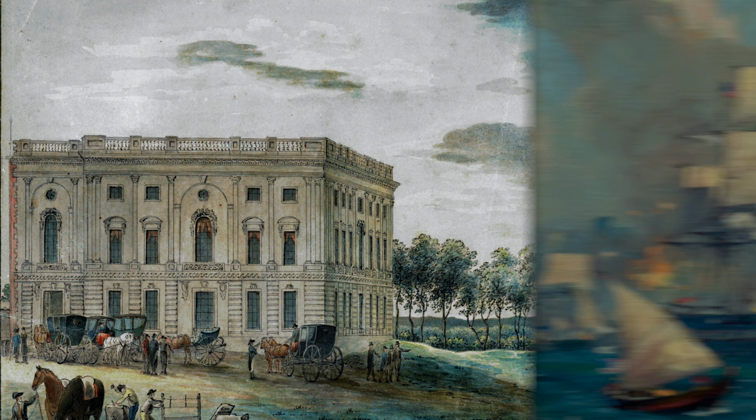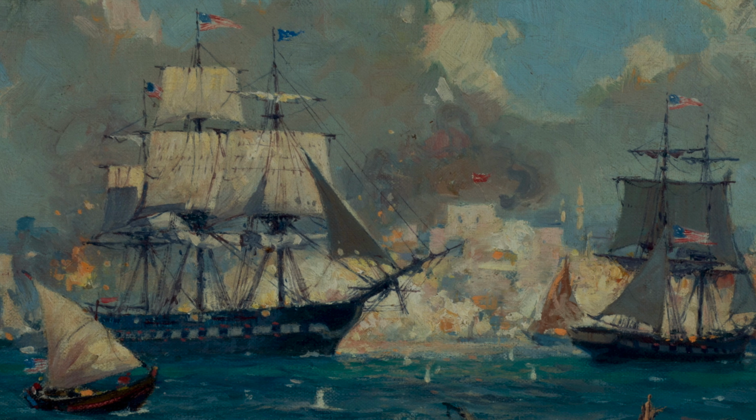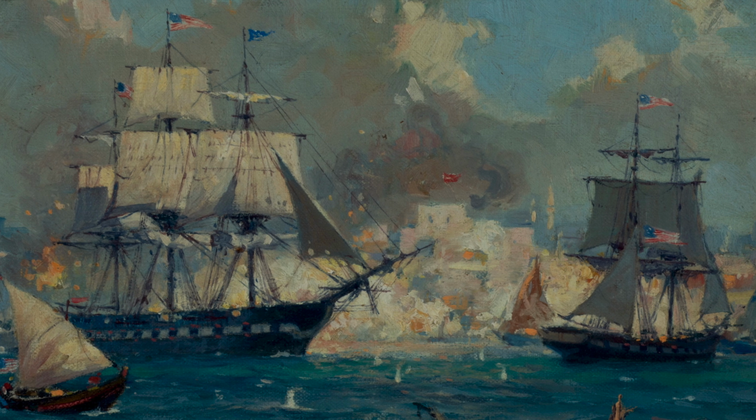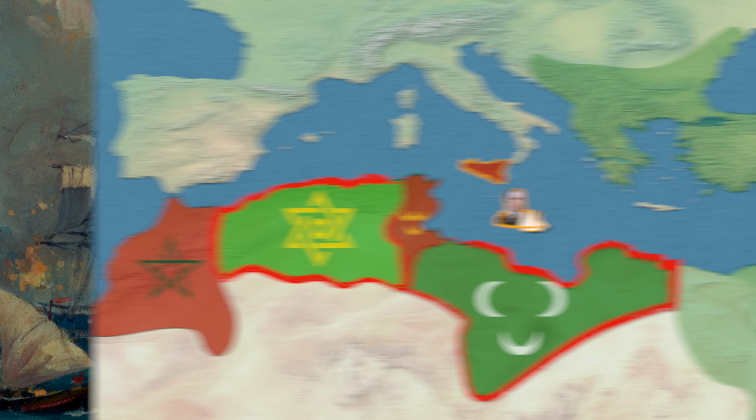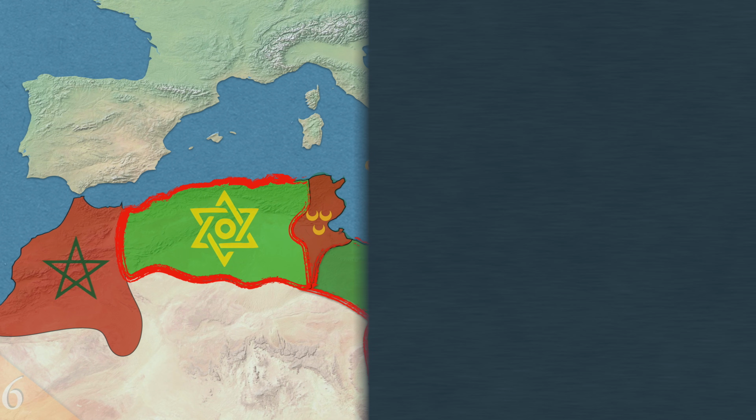Preble's more aggressive tactics would culminate in the Battle of Tripoli, a series of engagements that caused heavy damage to the city and its fortifications. In July of 1804, Preble was given 6 gunboats by Sicily. While powerful and armed with a long 24-pounder iron cannon in the bow, the ships were primarily made for harbor defense and actually had to be towed across the open Mediterranean. Importantly, Preble also had 2 bomb vessels armed with 13-inch sea mortars.